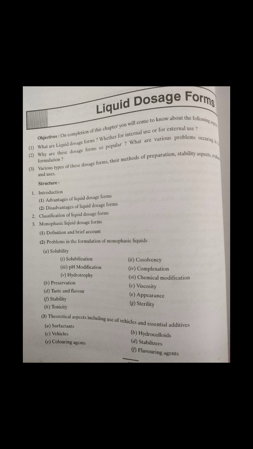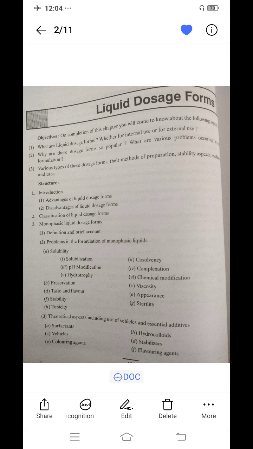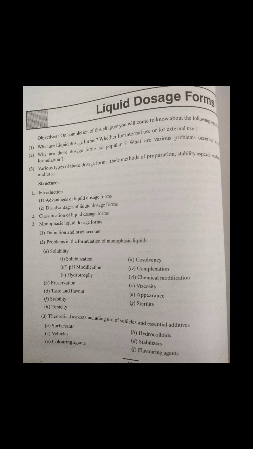So I am explaining this by giving an example. Suppose D is the drug and C is the complexing agent. Both come close to each other and combine to form a new complex. D is the drug having concentration X, and C is the complexing agent having concentration Y. They will form the complex that is DXCY. Okay, so